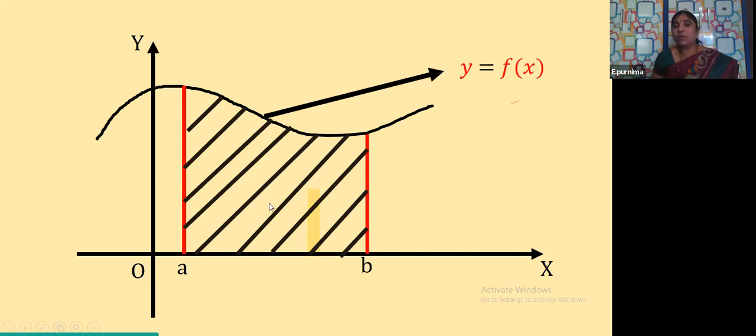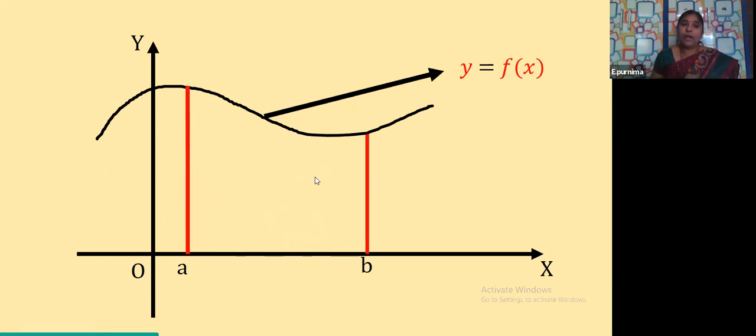The area which you are going to find out. Okay, now let us see what to do. So to find the area, what I am doing is we are trying to divide this part, the shaded part you have seen just now. This shaded part, the part which is in between A and B, is divided into some parts.